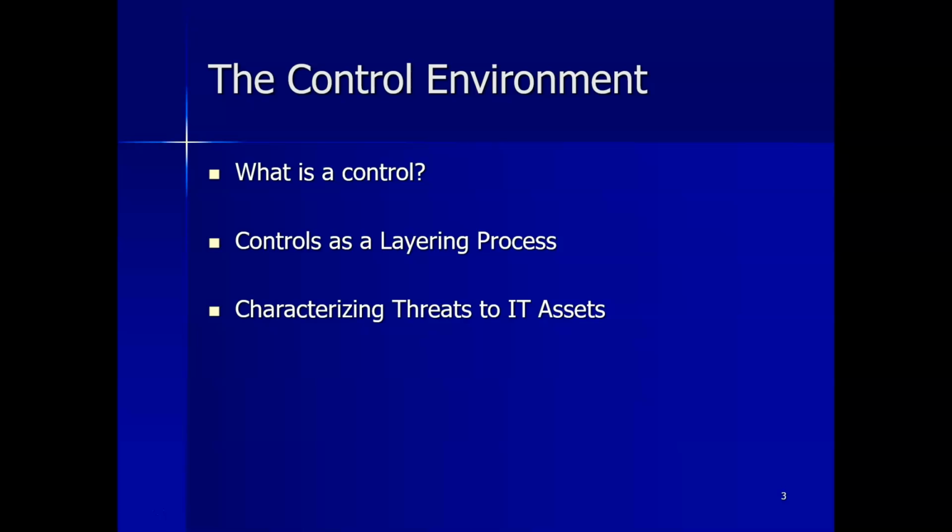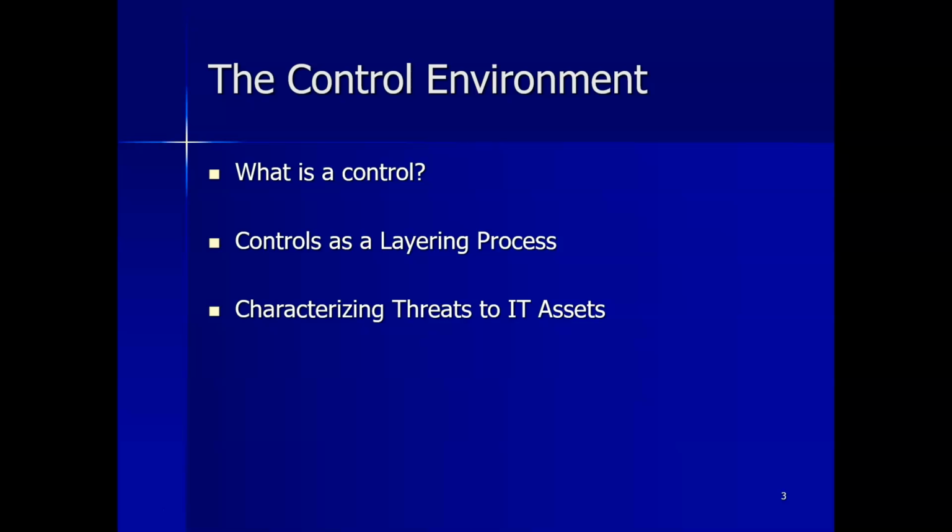Now, to counter this possibility, controls are in place to detect a breach in the system. In this manner, if a perpetrator gains access, we're able to know that something improper has occurred. And finally, provision must be made to correct the problem resulting from the breach to that part of the system. So these layers, preventive, detective, and corrective, form the basis of layering controls on a particular information technology asset